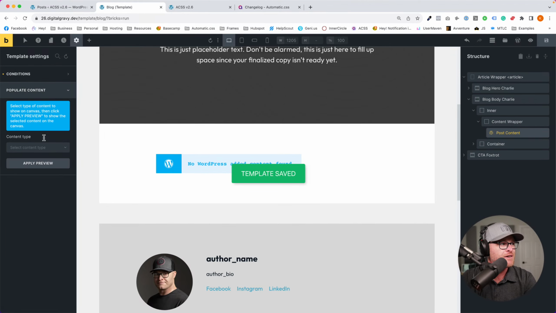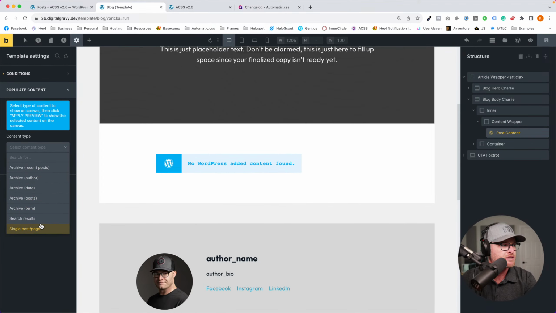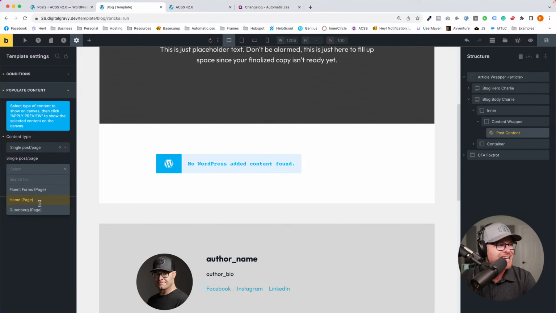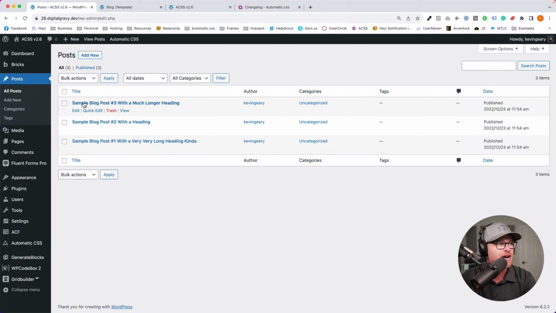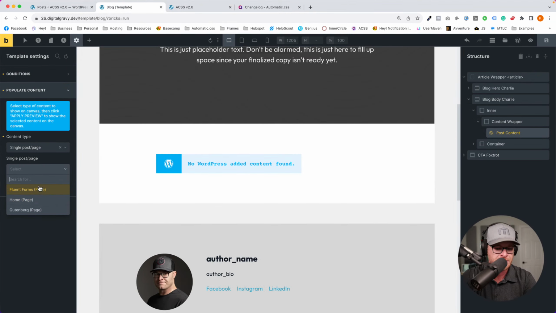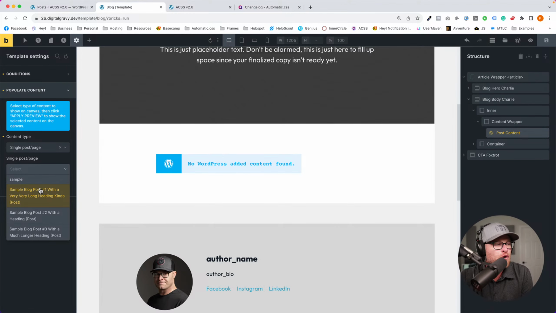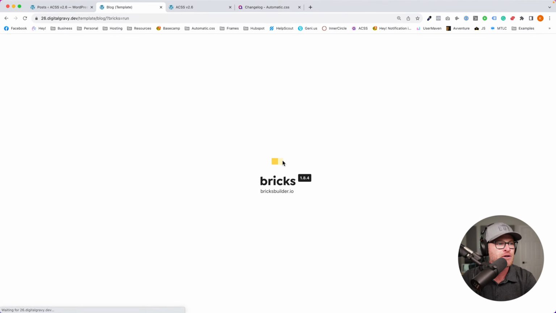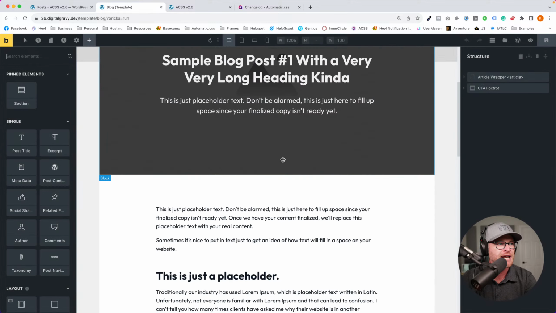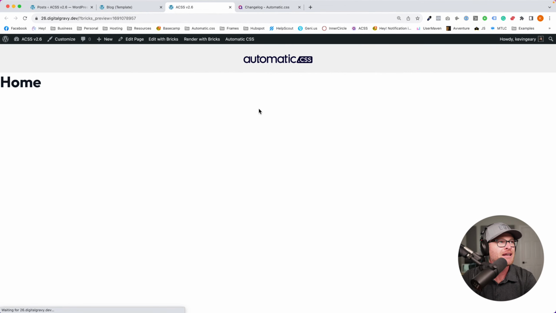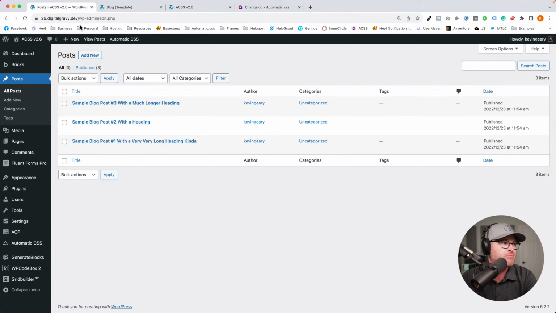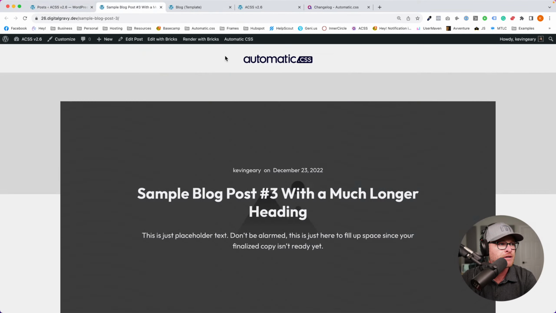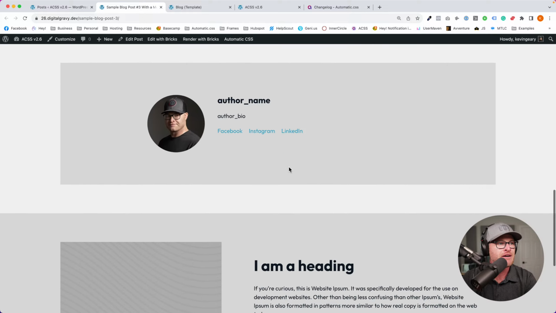It would probably also be helpful if I populated content from a post, single post page. I hate this drop down because it's only giving me pages, but as I just verified a minute ago, I have plenty of sample blog posts. See, I have to search for it to find it. Okay, apply preview. It's going to save it. It's going to redo our preview here. And it pulls it in. Hey, look at that. Look how easy it was to just, hey, I need a blog post template. Okay, well, you got one. Thanks to Frames, you now have one.